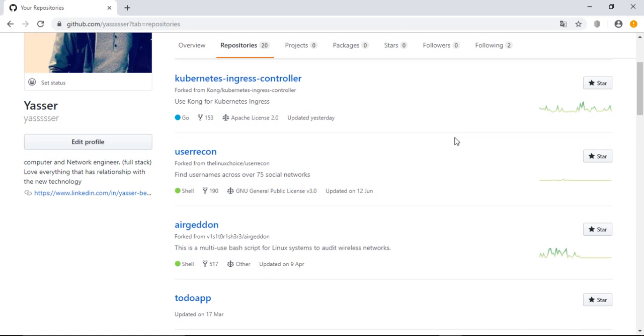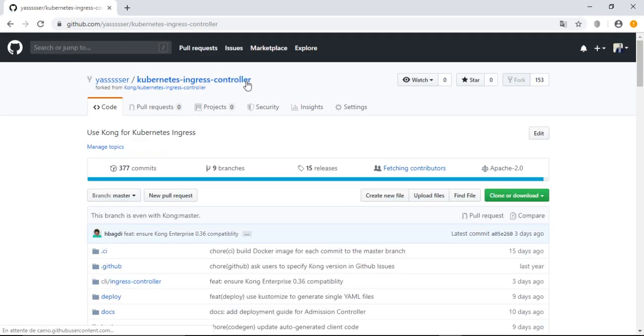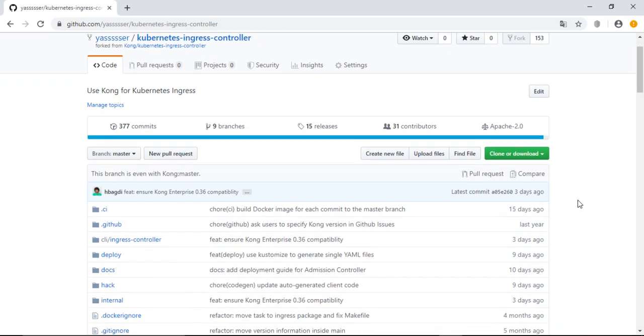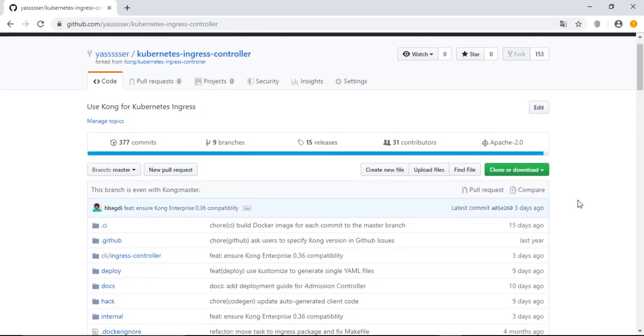So in the previous video we forked this repository from that user Kong and copied it into our repository. So now we will go to this repository and we will learn how, for example, to add it to our local repo or our machine, and basically to clone it. If you want to copy it or download it to our machine, it's a simple clone as if it's ours. We click on clone or download,